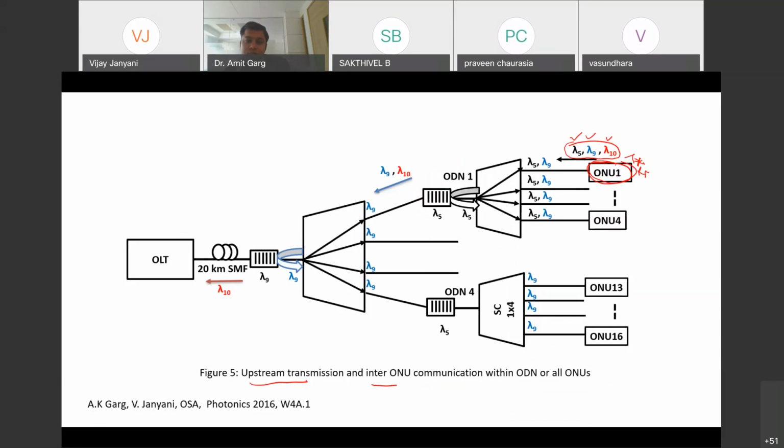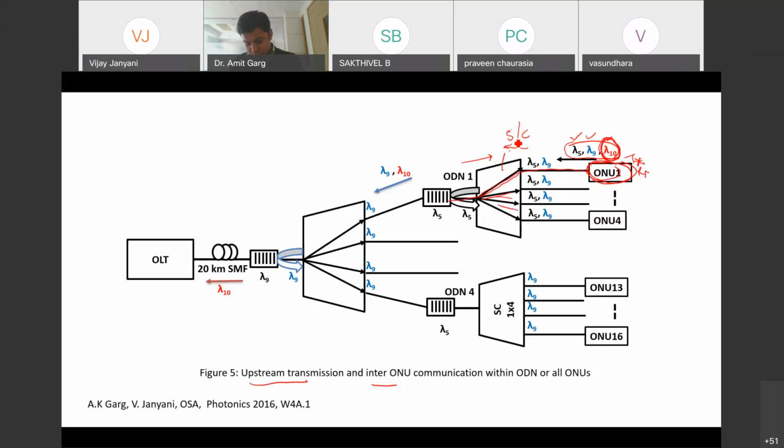Now, first of all, let us see simply what happens when it is transmitting at a wavelength of lambda 10. When lambda 10 is being transmitted by this ONU1, it will be combined here, because this is a splitter as well as a combiner. In this direction, it acts as a splitter. In this direction, it acts as a combiner.